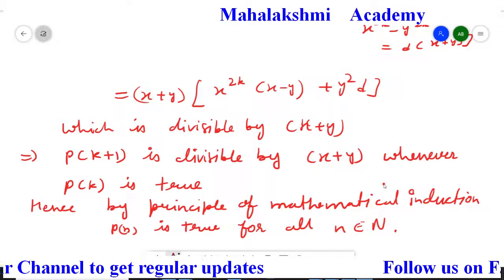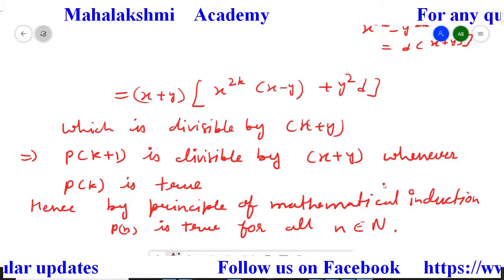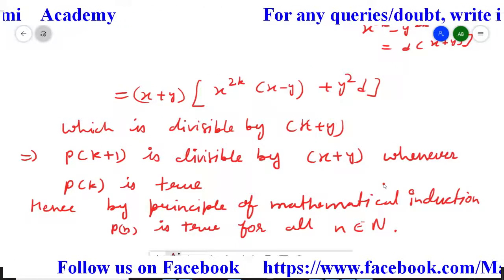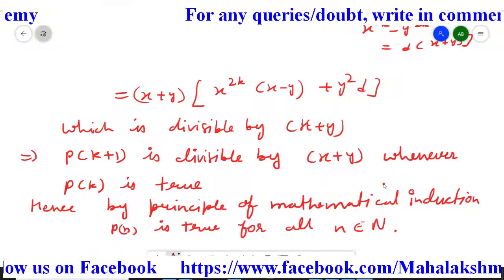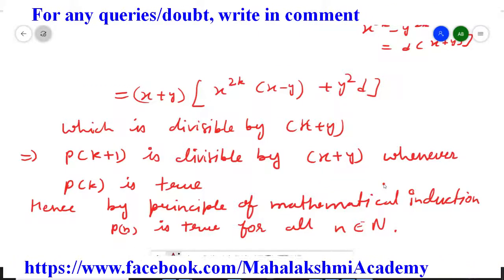This question is very different from the other question, because to prove the statement Pk plus 1 true, we have to introduce two new extra terms in between the extreme terms, which I explained in this question.